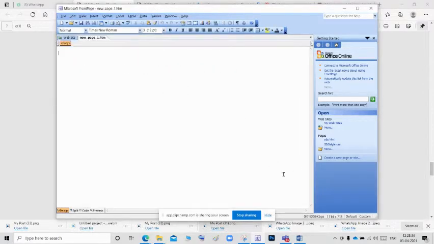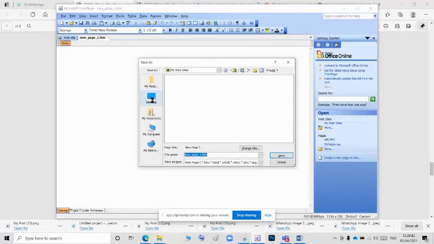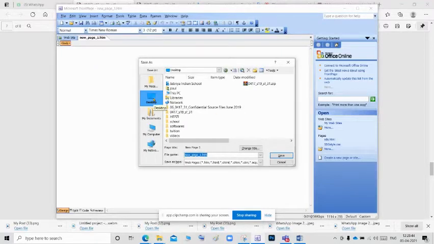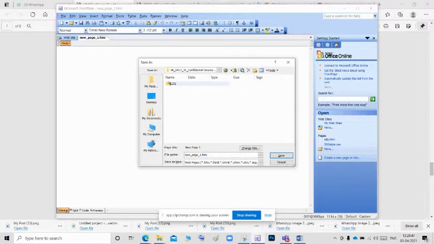So we created the web page and now we want to give the name sds.html. Go to File, click Save as. Go to your work area. This is my folder, SDS is my folder. So I'm going to create sds.html.